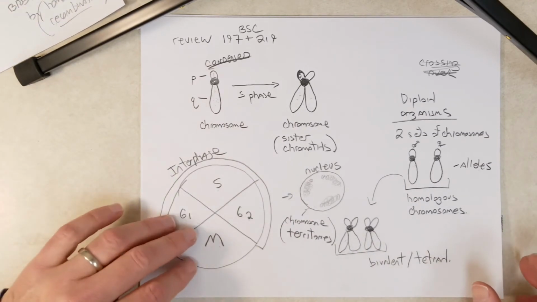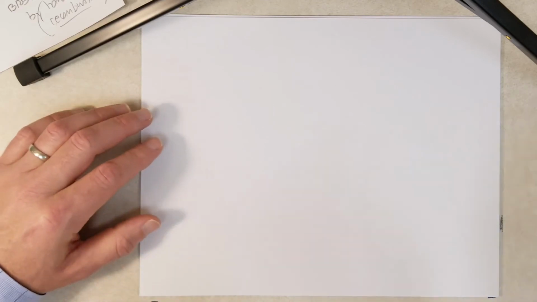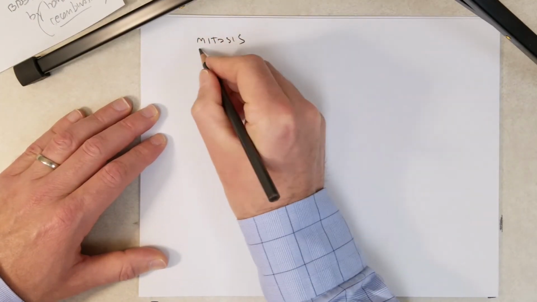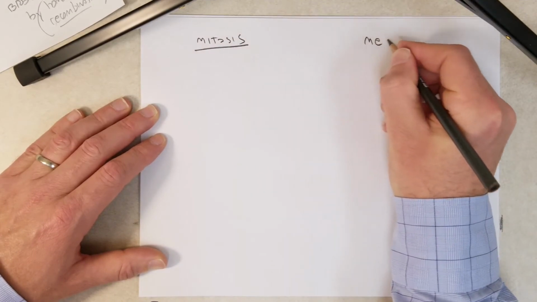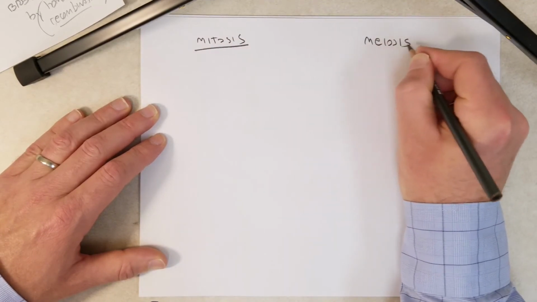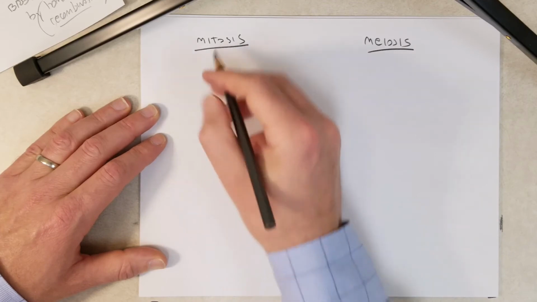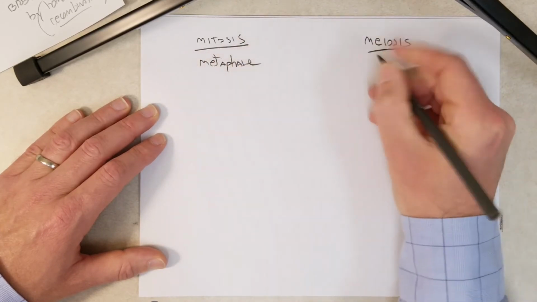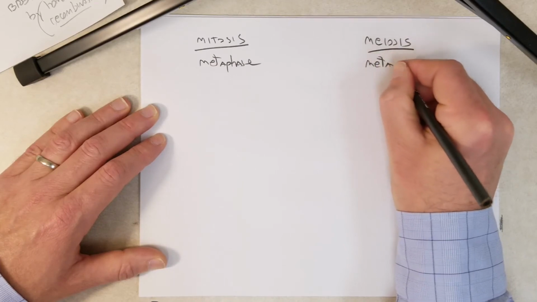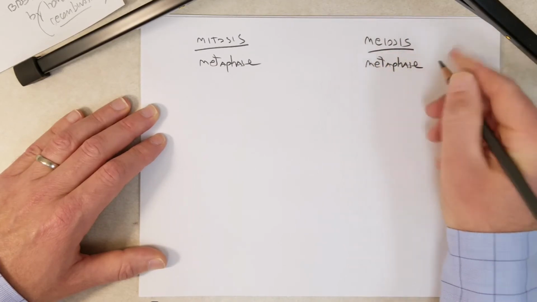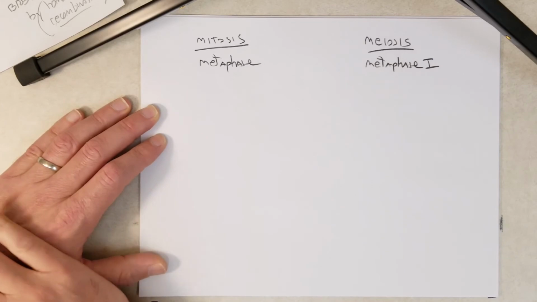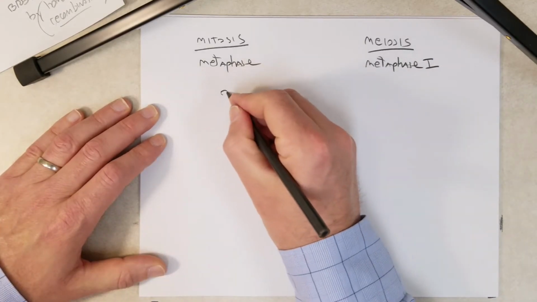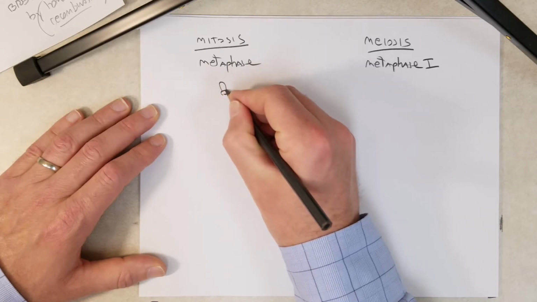Now, another important point is we need to just touch on a major difference between mitosis and meiosis, specifically metaphase of mitosis and meiosis. And meiosis has two metaphases, right? So metaphase 1 is what I'm going to touch on. So during metaphase,